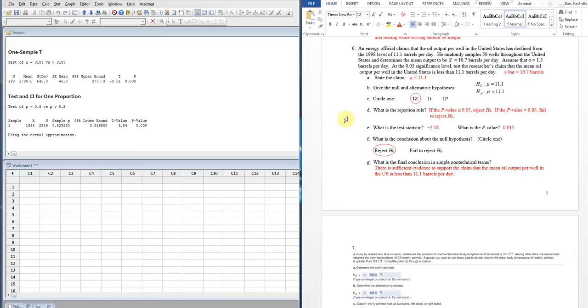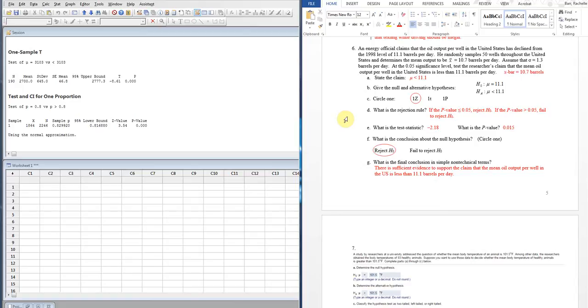An energy official claims that the oil output per well in the United States has declined since 1998. The level of 11.1 barrels per day. That was read terribly. All right, his random sample is about 50 wells throughout the United States and determines that the mean output is actually 10.7 barrels per day. Assume that the standard deviation of 1.3 barrels per day. Ooh, we have the standard deviation. At a 5% significance level, test the researcher's claim about the mean oil output per well in the United States is less than